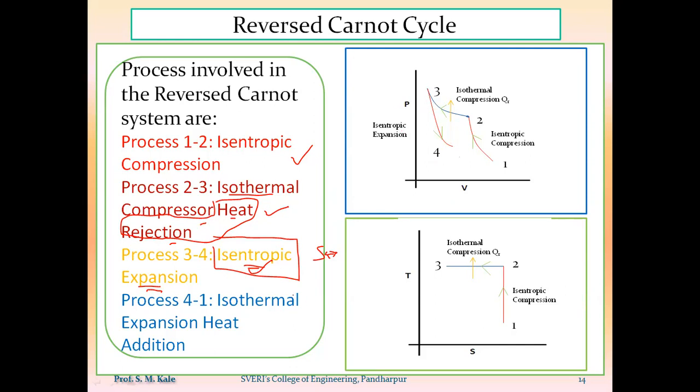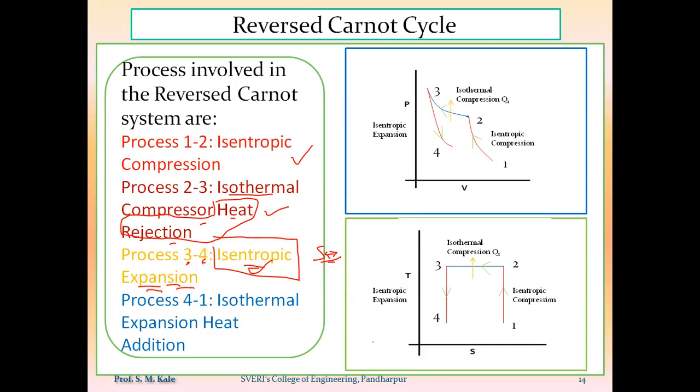Now the same process, that is the isentropic expansion process, I need to draw on the TS diagram. The word is isentropic, that's why entropy remains constant. That means a vertical line on this TS diagram will indicate the isentropic process. For this process, the third point is the starting point, the fourth point is the ending point. And as expansion is there, during expansion the temperature of that gas or air will go on decreasing. That's why the process will be drawn likewise. So this 3 to 4 process will indicate the isentropic expansion process, or the nature of the isentropic expansion process on the TS diagram.